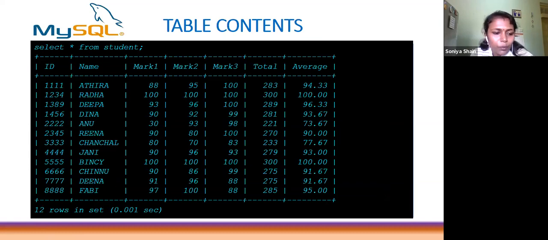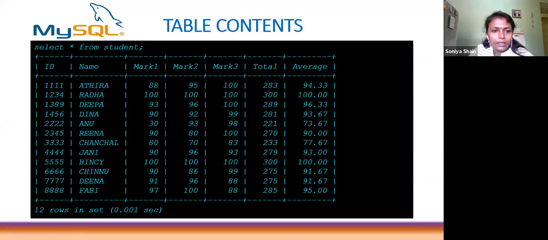I am trying to find the result of a student using the if statement, whether the student is pass or fail. So how can we tell the student is pass or fail? It's not only depending on the average value. It depends on the mark of each subject. So I am setting a limit. The pass mark is 40. For each subject the student has to acquire 40 marks. If he gets 40 and above marks in each subject, he will pass. Otherwise, fail. So that is the condition.